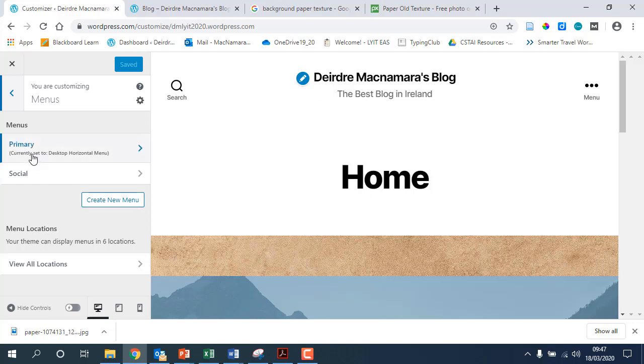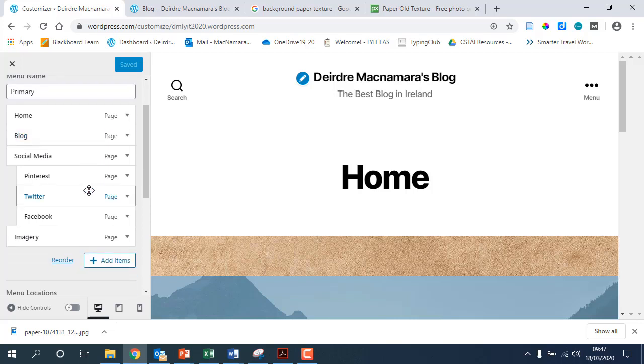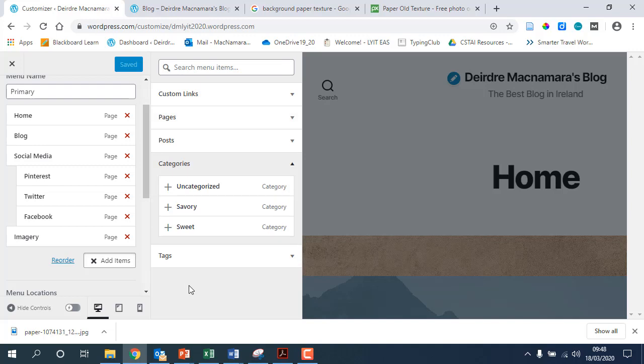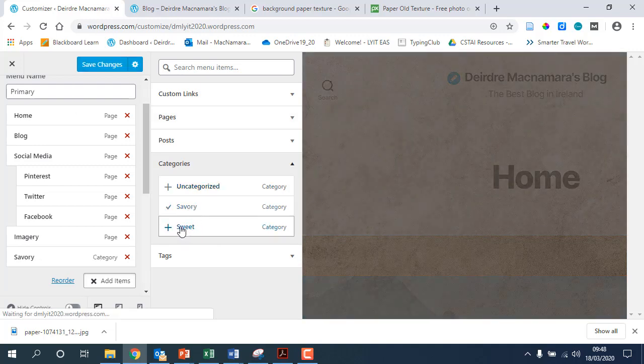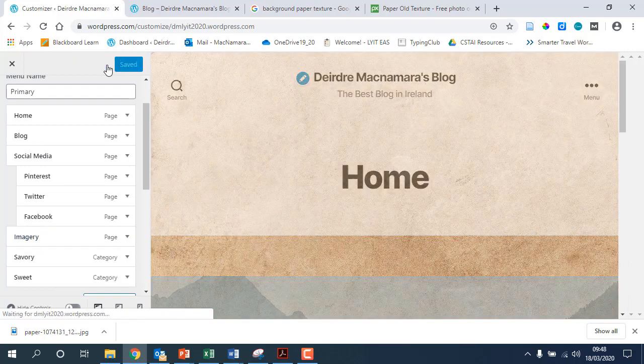This is the primary menu that we're working with, and this is what we've set up already. We've got the blog where all of our posts are being seen. What we want to do now is have a separate area for sweet and then for savoury. So we're going to click on add items. At the moment we're just looking at pages. This is where you come in initially. What we'd like is categories, and we've got savoury and sweet in here, so we're going to add each of those. Then we're going to save changes,